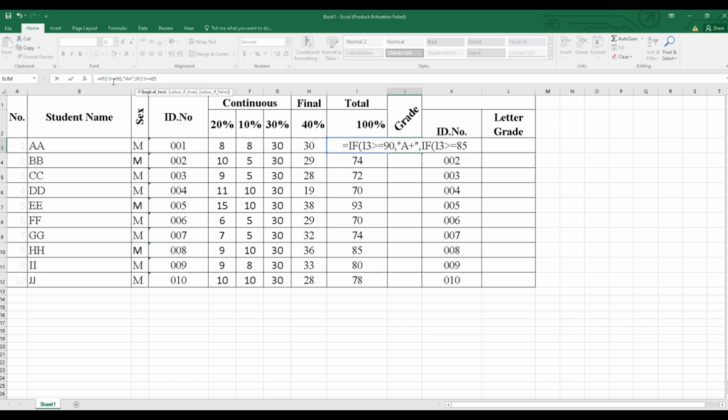comma, open the quotation mark, the grade is A, close the quotation mark, comma, if I3 greater than or equal to 80, let's say, comma, generate the grade as B in quotation mark, comma, if, open the bracket,